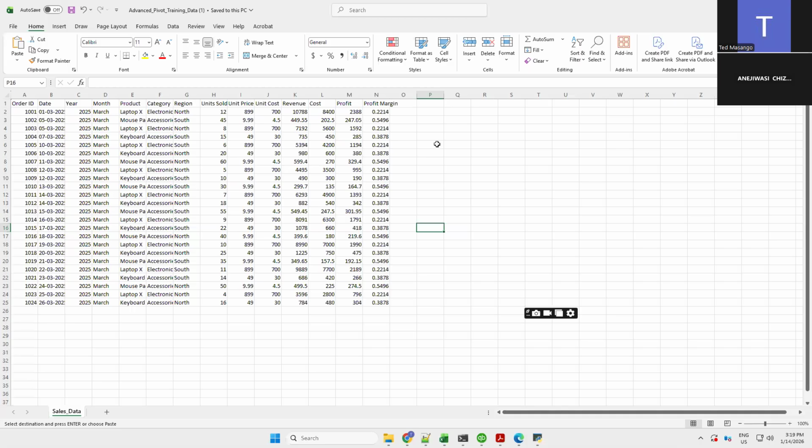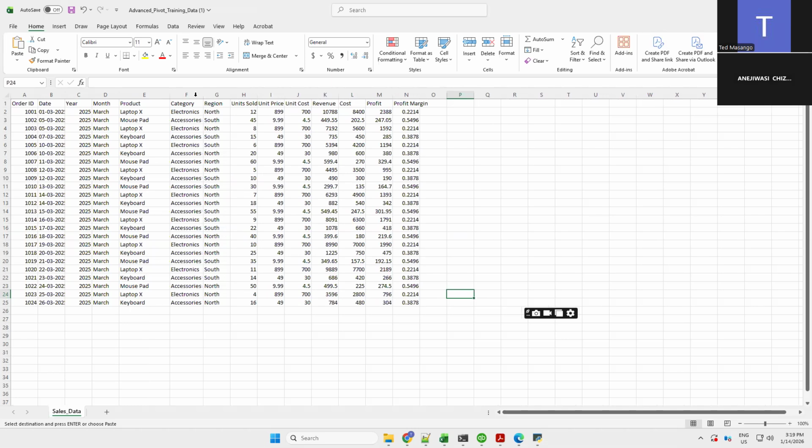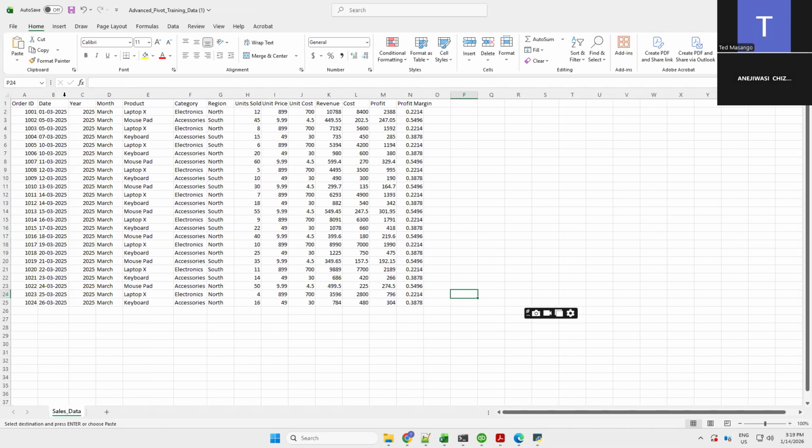The lesson on pivot tables, because yesterday we did something, but it didn't come out the way I wanted it to. So I just said, okay, let's redo it. There is no harm, so that you thoroughly grasp. Pivot tables are very key, as I was saying yesterday, in that they make your life a bit easy in